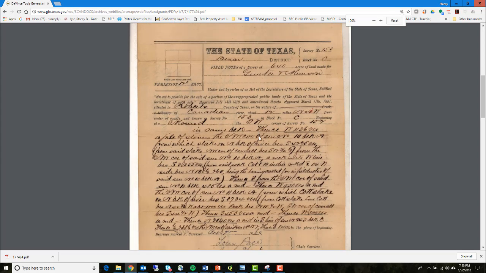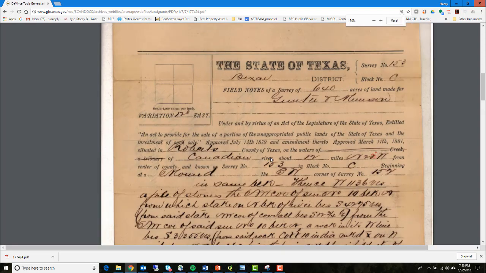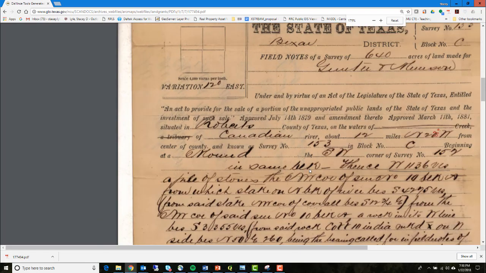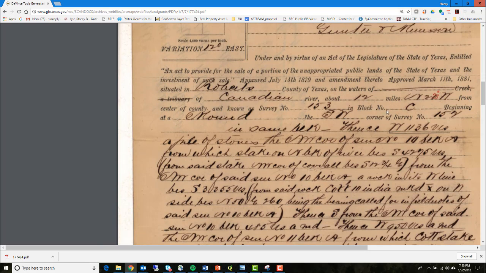It's a little tough to read from the scripting, but I think it's okay for us to go through and work from it. It tells where it's located, and it's going to be in Roberts County, right? And on the waters of the Canadian River, about 12 miles north. It looks like potentially it could be 22 or 25 degrees from the center of the county, known as survey number 153 in block number C, beginning